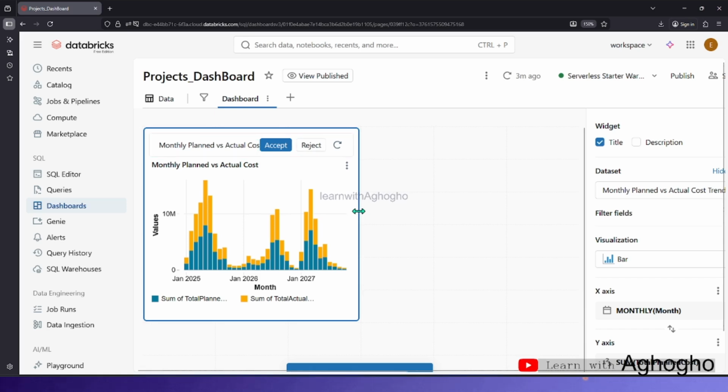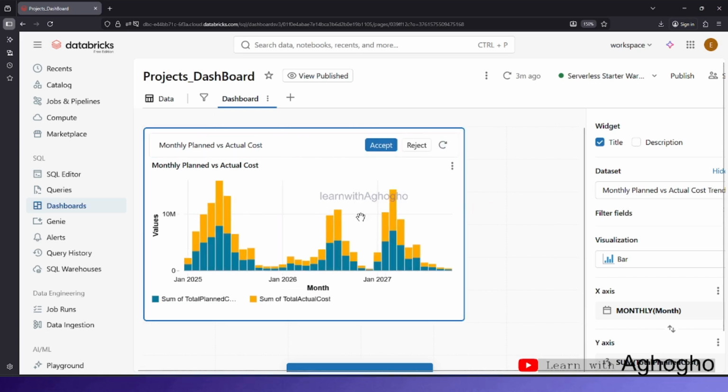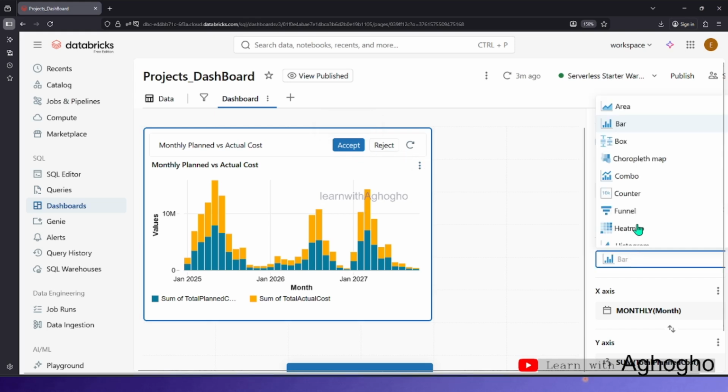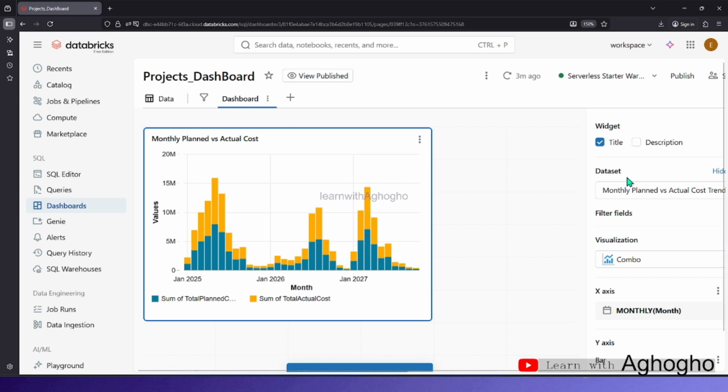Okay, so now we've created our table. We can change the table type. So this one is bar. You can change it to combo if you want. We can change it to